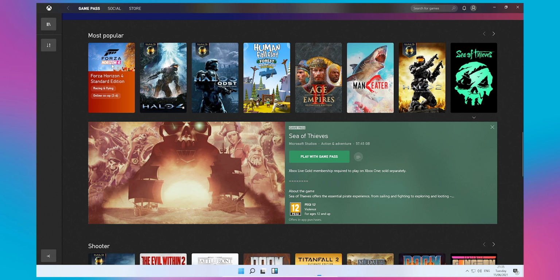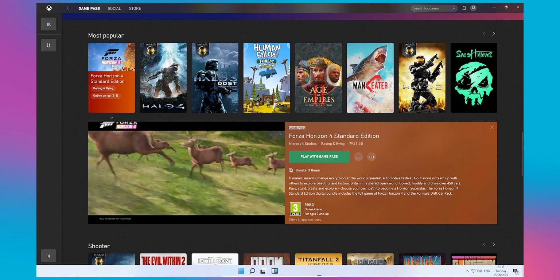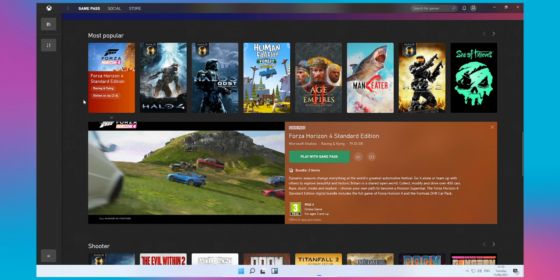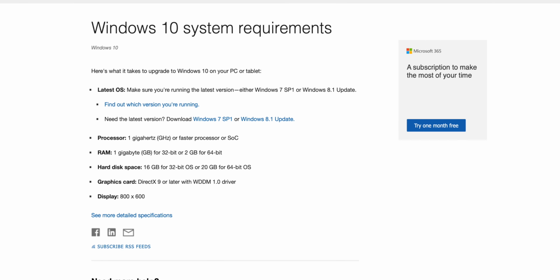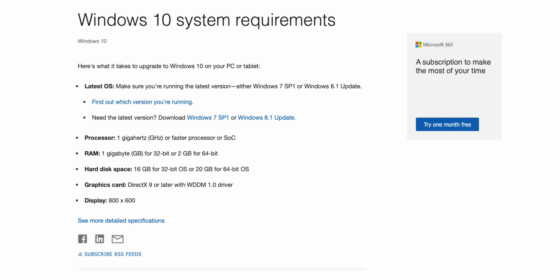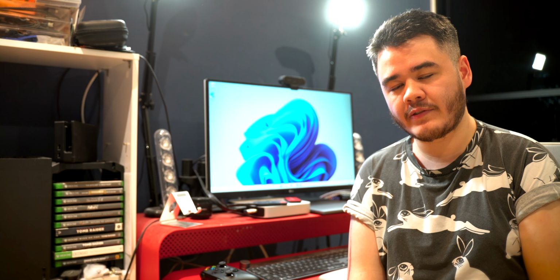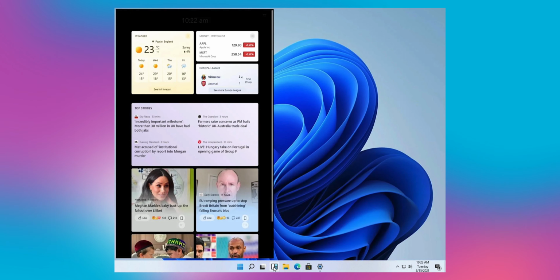Also, having spent some time with Windows 11, I'm ready to make some predictions, particularly around the minimum system requirements. Currently, Windows 10 requires you to have 1GB of RAM for 32-bit and 2GB of RAM for 64-bit. I am very ready to double that. I think you're going to need 2GB for 32-bit and 4GB for 64-bit, considering that Microsoft now has things like widgets running in the background and an emphasis on multimedia with Xbox.